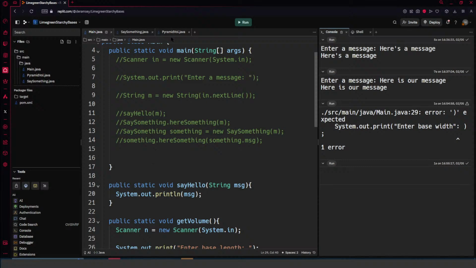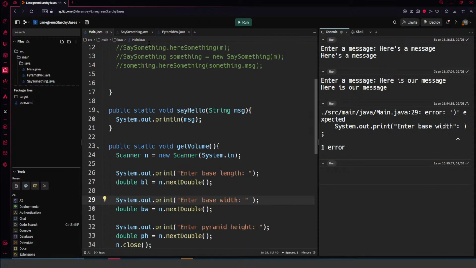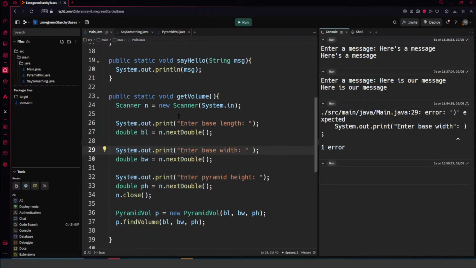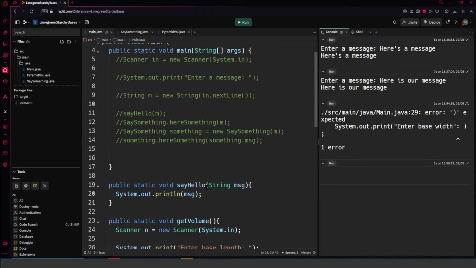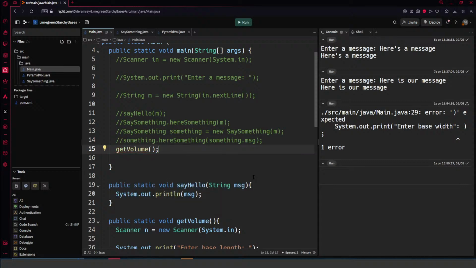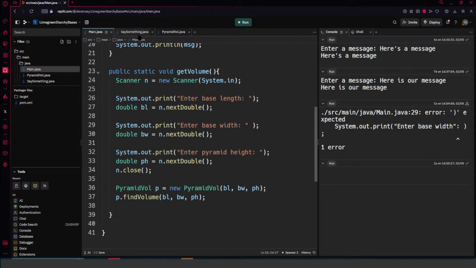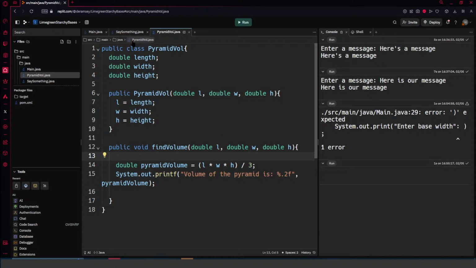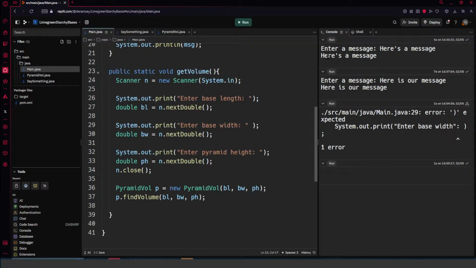And if you don't want to use a different file, you don't have to worry about all this object stuff, right? Let me just tell you that straight up right now. You can just chain them together kind of the way that it shows you in the module. But from here, what I can do is just reference get volume. And so now that I have that reference to get volume in my main method, that reference is going to run this function, which is in turn going to run this stuff over here in this file, which is going to get me the volume of my pyramid. So if I run this,